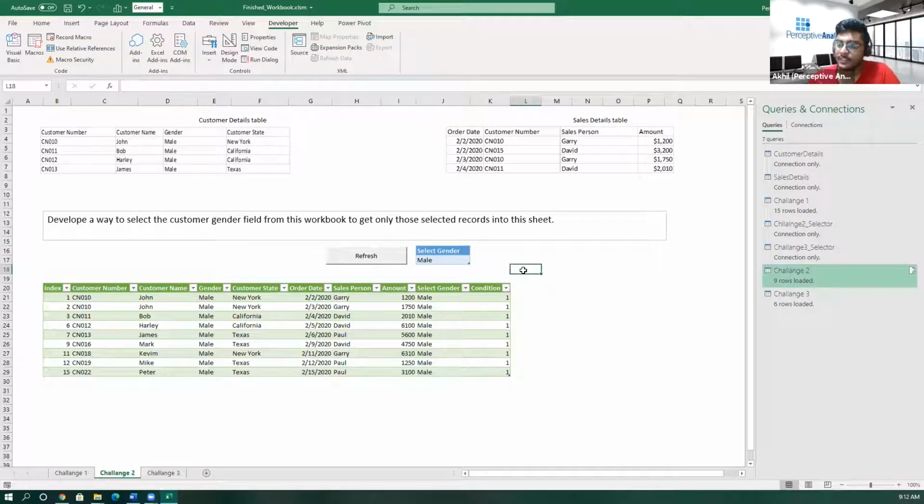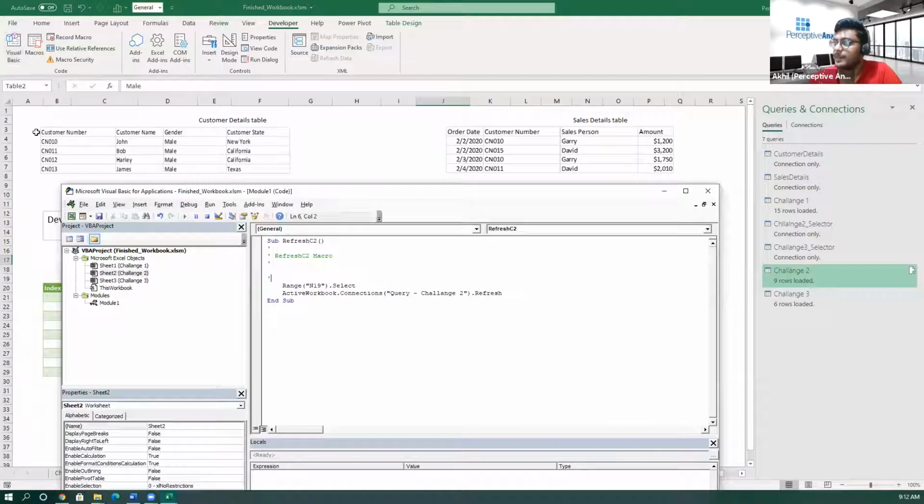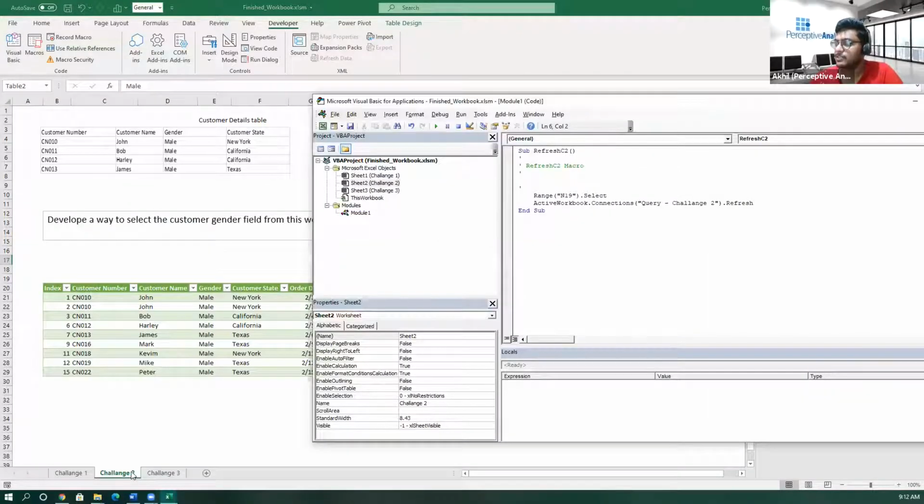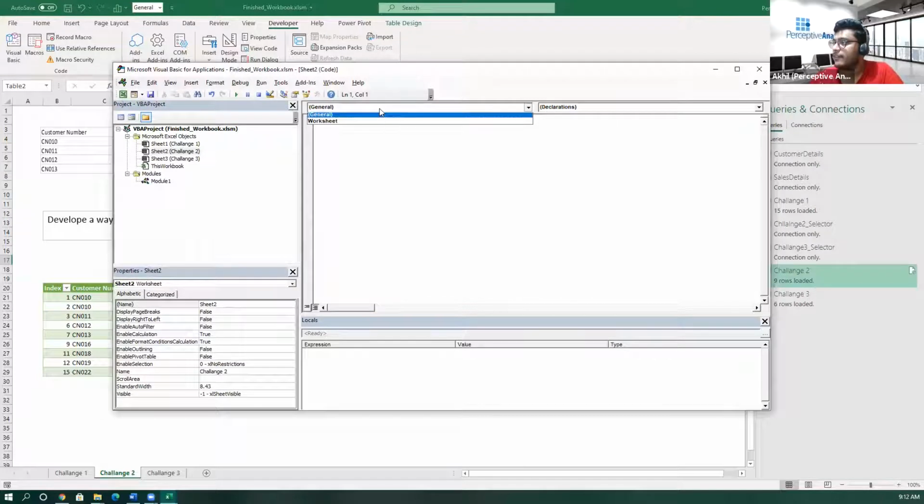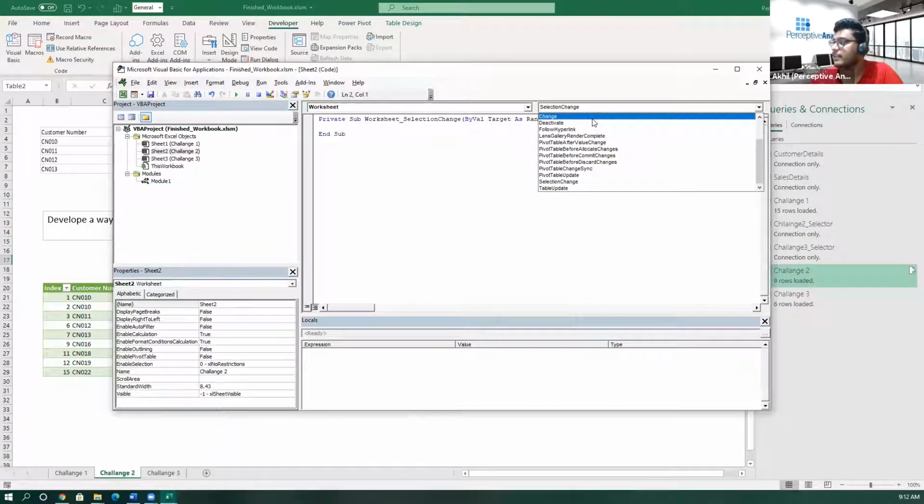Now step 3 would be automatically assigning this particular code to this cell. Whenever the cell changes, this particular table needs to be automatically changed. That's our main question, right? So for that we'll go into VBA, and we are in sheet challenge 2. We select Worksheet, and here, whenever a cell gets changed, we need to run that particular macro.